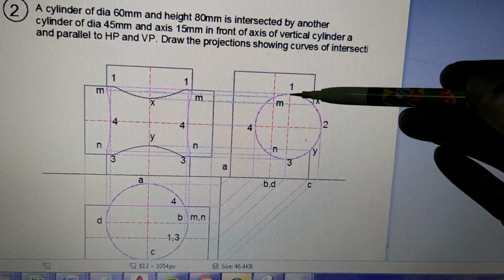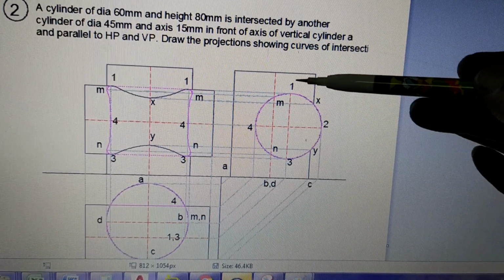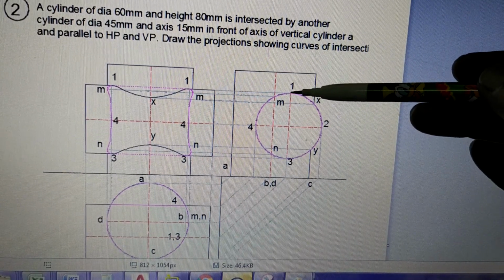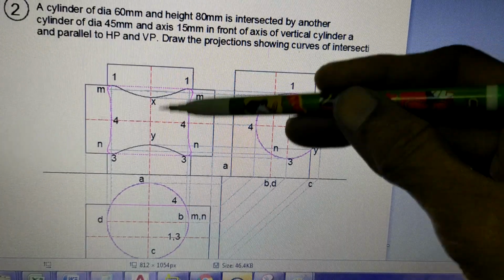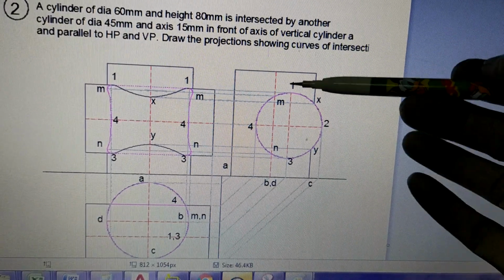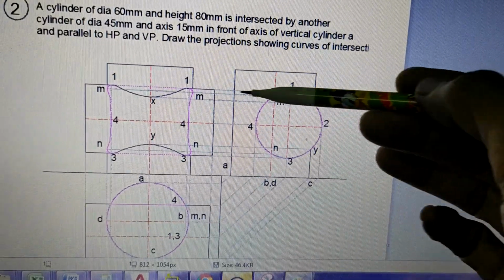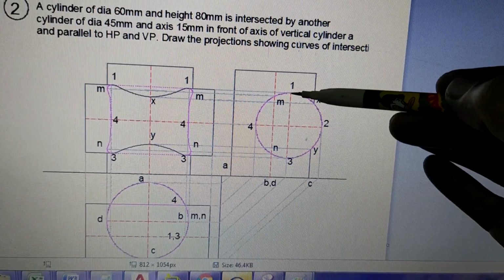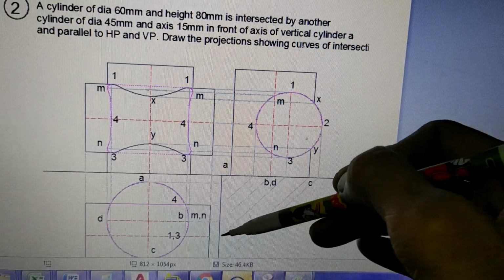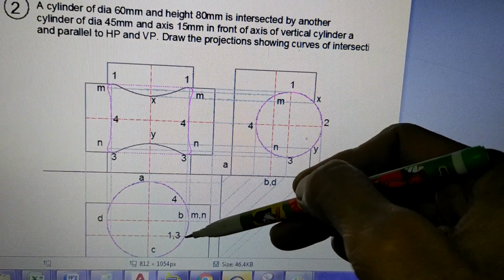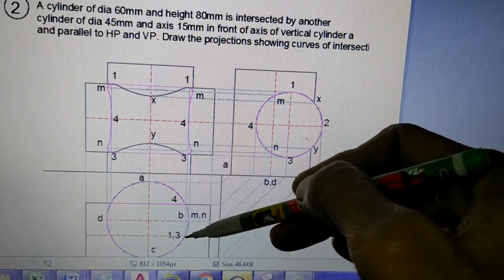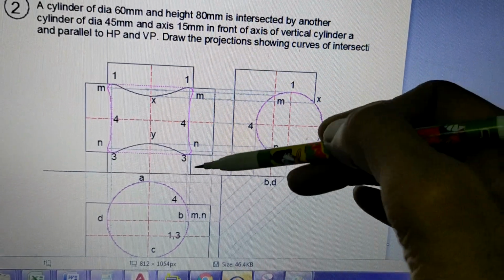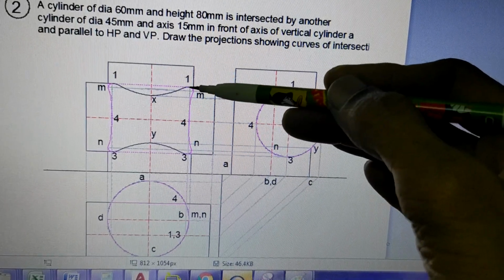So there is a generator at 1 which is touching the vertical cylinder at point 1. That means on the vertical cylinder there is point number 1 marked, and this point number 1 you have to show in the other two views. So what do we do? First we draw this projector line because 1 is at this height. Second thing is draw the top view of this point number 1. Where is the top view of point number 1? Project like this, project like this. This is the position of point number 1. So point number 1 will be seen here in the top view. Now 1 is here means it will be on this generator, and at the same time in the front view it is at this height. So this is point number 1.